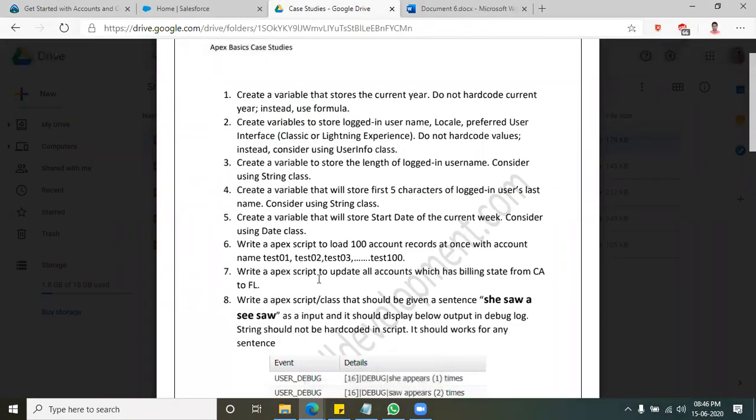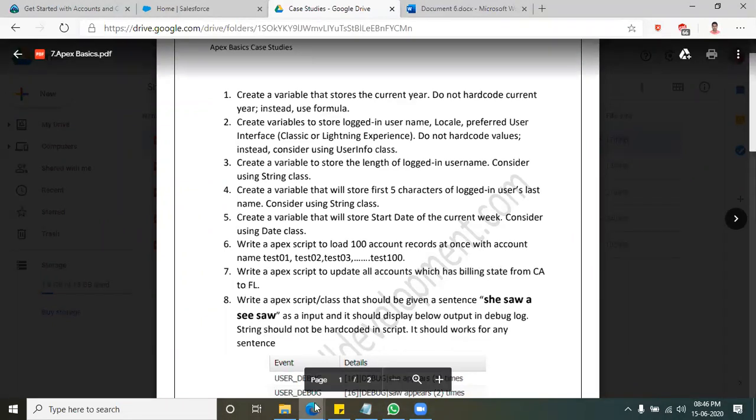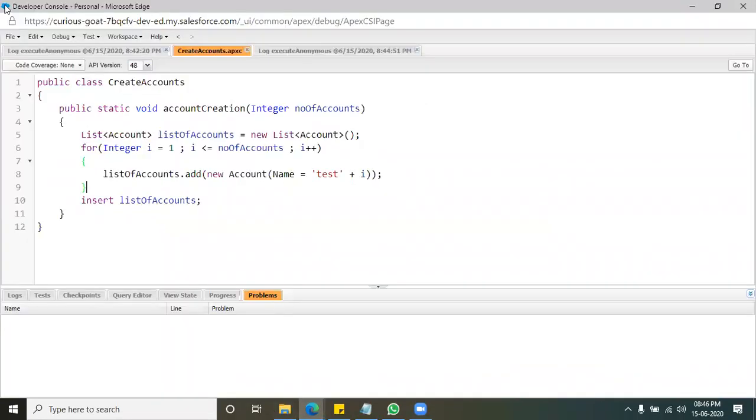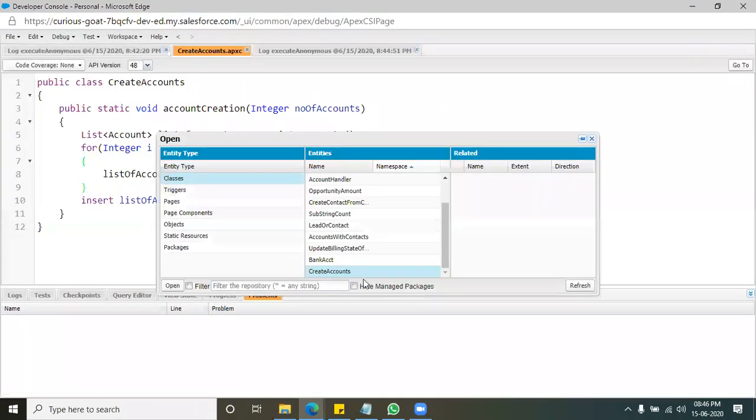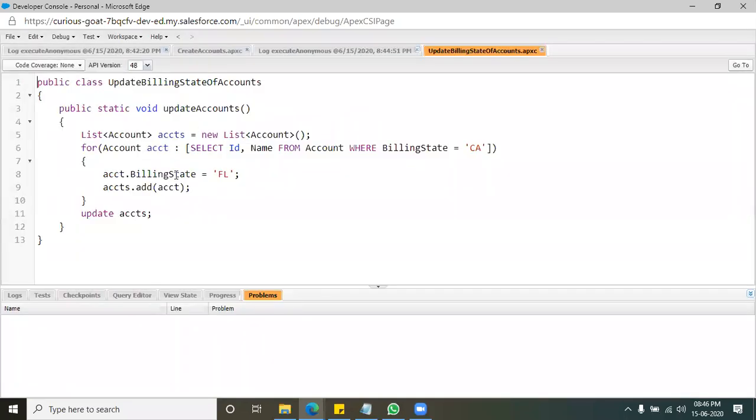Write an Apex script to update all accounts which have billing state from CA to FL. First, I'm fetching all the accounts having billing state CA.